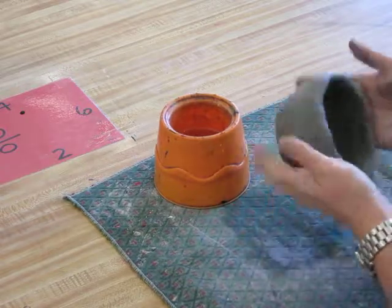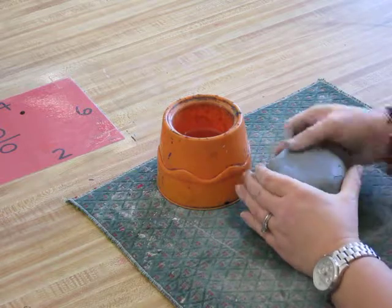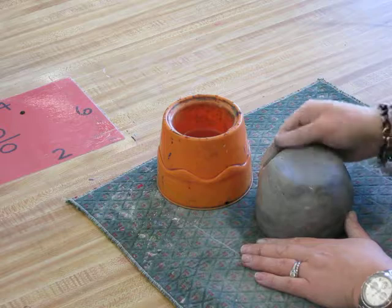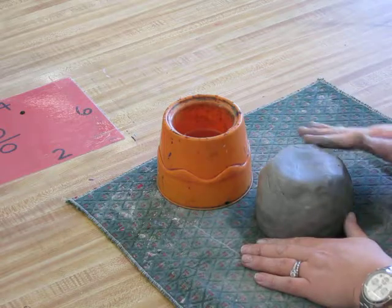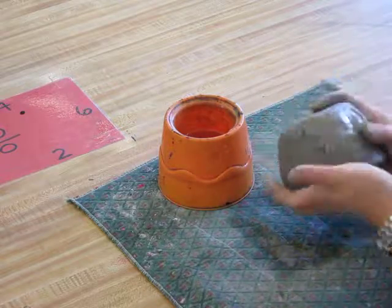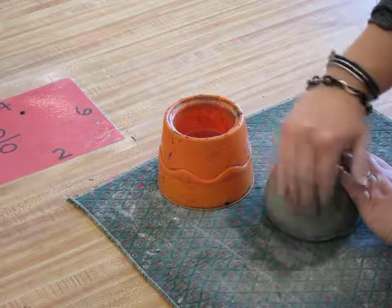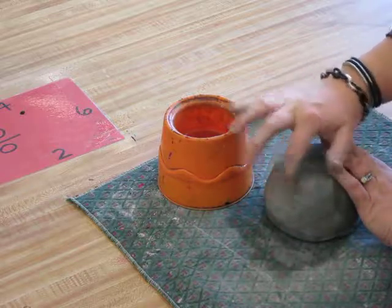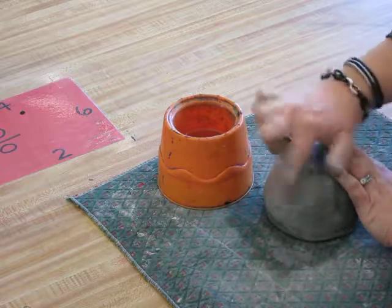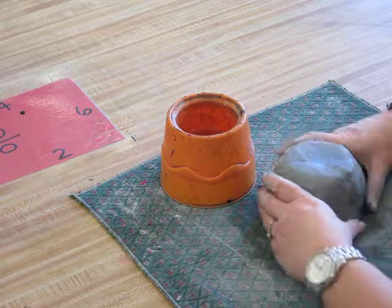Also, something else that could help is you can turn it upside down, and you can pat, pat, pat. And then while I'm like this, I'm going to go ahead and smooth some of these cracks. See, there's some cracking over there. And the reason it's cracking is because I am using older clay, and it was like scrap pieces. So I'm just smoothing. Not too much water, you don't want it to get too slimy,